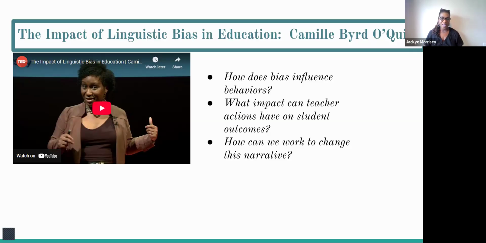Think about, how does bias influence behaviors? And I want you to look particularly through the lens of the teachers or the leaders. How do our biases inform the way that we behave with our students? What impact can teacher actions have on student outcomes? So how are our behaviors with our students impacting the trajectory of the lives of our students? And then last but certainly not least, how can we work to change this narrative? If there's something that we're not doing right, something that is not advantageous or beneficial for our students, what can we do to change that? So let's take a look at the clip and listen to the things that O'Quinn has encountered throughout her work